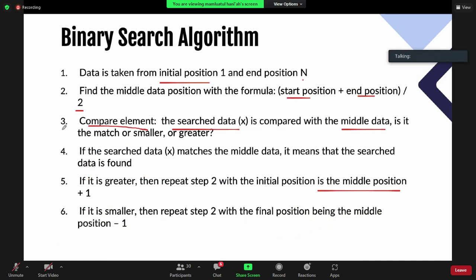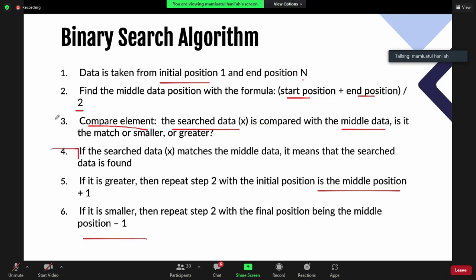So if it is smaller, then repeat step 2 with the final position or end position as middle position minus 1.